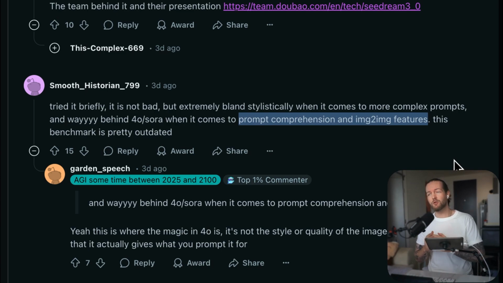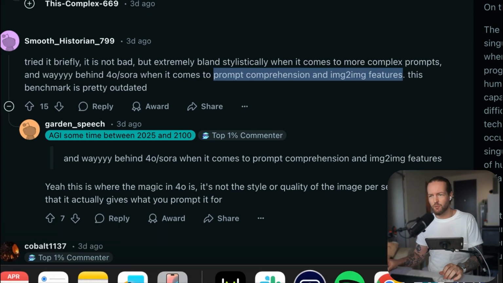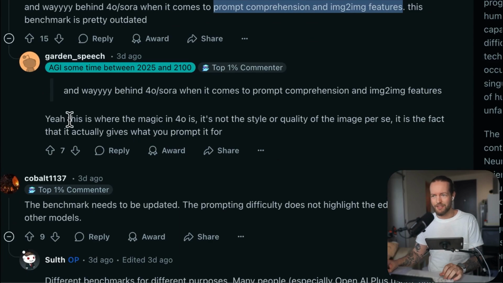This is a complete new dimension that they haven't tested in this paper versus ChatGPT, which is where ChatGPT will get a golden star. This user, Garden Speech as well, says,